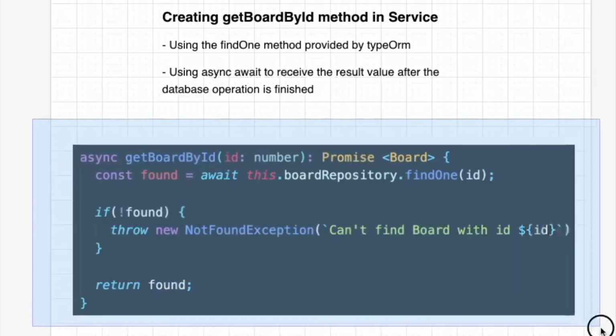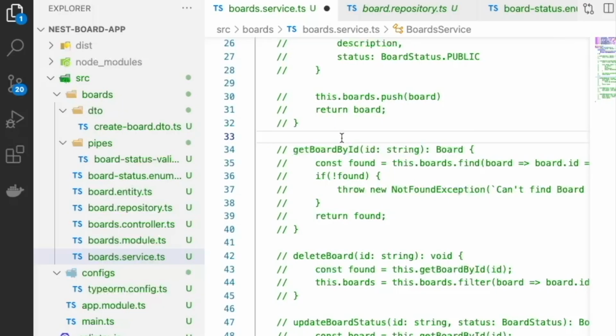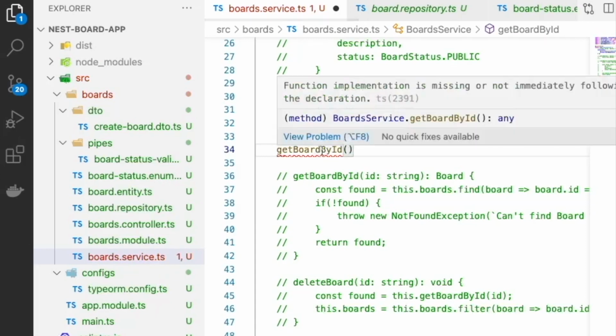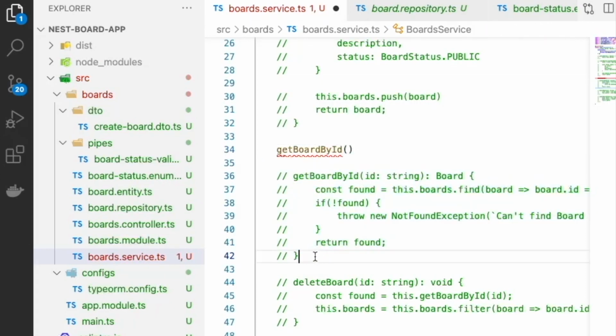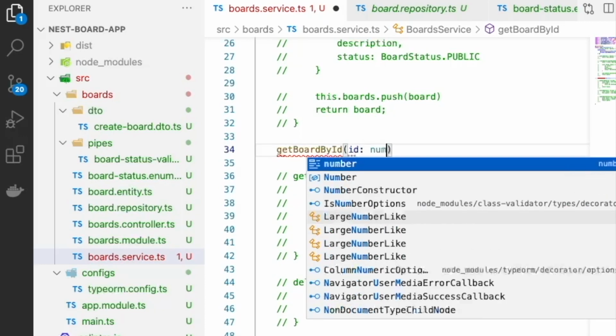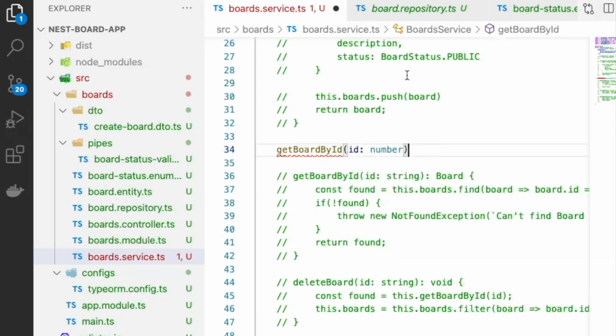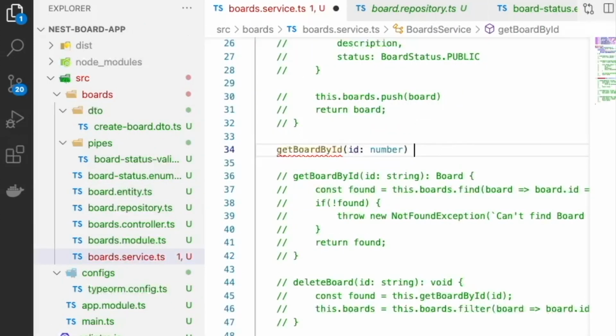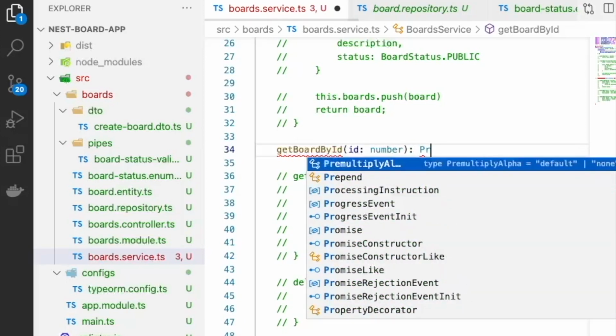So that's why we can use it like this, that repository and find one method. So we are going to write this part. So get board by ID. Okay, get board by ID. This will be really similar to this one. So ID, but ID will be number, because we define that inside the entity. ID will be just a number, and then this will be promise